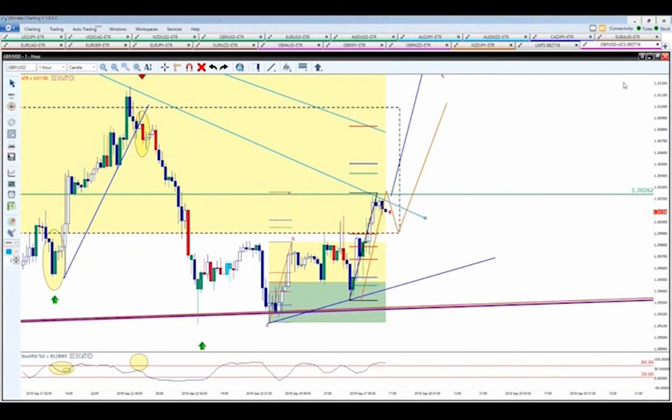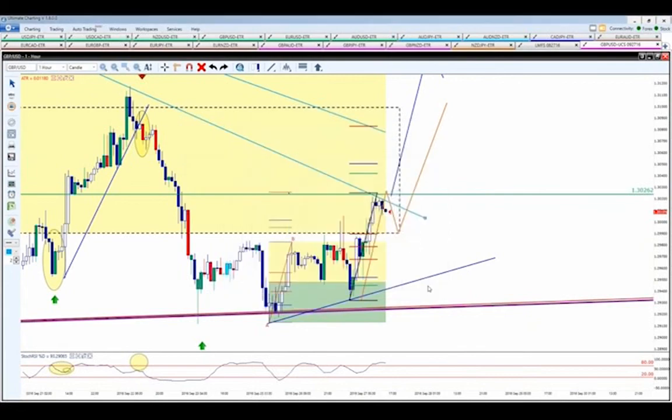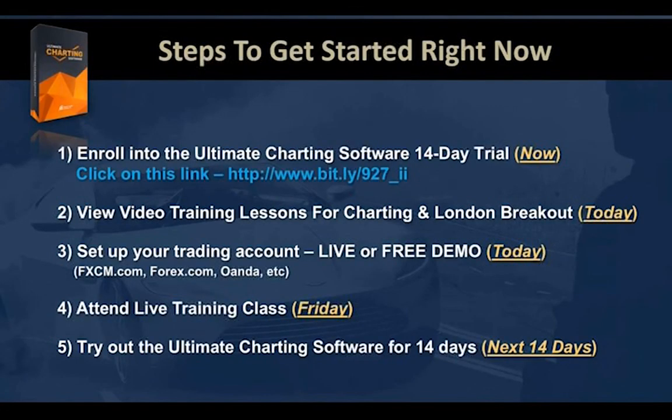Somebody just asked about trading stocks. Yeah, you can trade stocks from the charting platform if you wanted to. You can come in here if you open up a chart. Unfortunately, as part of the trial, you won't be getting the stock feed. You'll be getting the Forex feed. But what I can do is show you our customer service number in just a second. If you're interested in setting up a stock feed, becoming a subscriber, you can give us a phone call or send us an email. We might be able to help you out as far as setting up a stock feed for this as well.